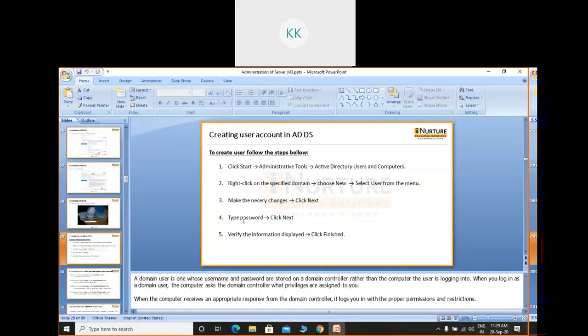Okay, and at that moment you have to give the credential something like this: your domain name slash your username. Username means the user which is created at a domain. Are you following what I'm telling? Yes, sir. Using this credential that you have created in the server or the domain controller, you are going to add.